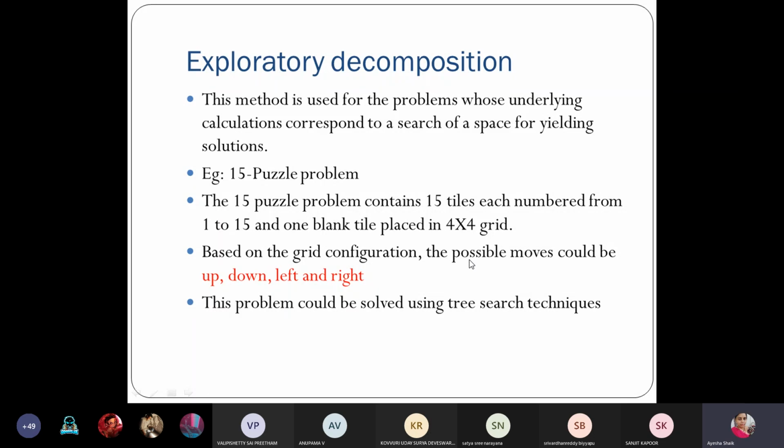So then we have other decompositions. What's the time now? So I will stop here today. We have discussed data decomposition. We have various ways in this: we can partition the input, we can partition the output, we can partition both input and output together, or we can also perform the intermediate partition.